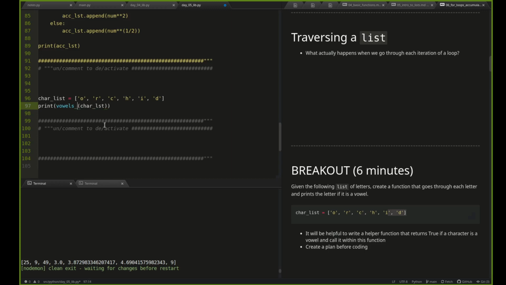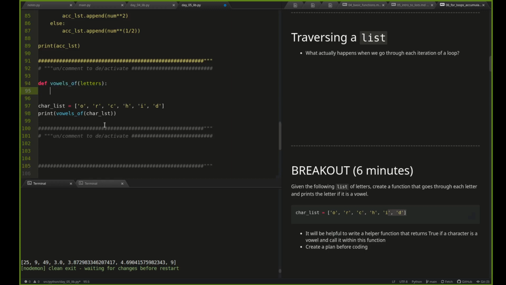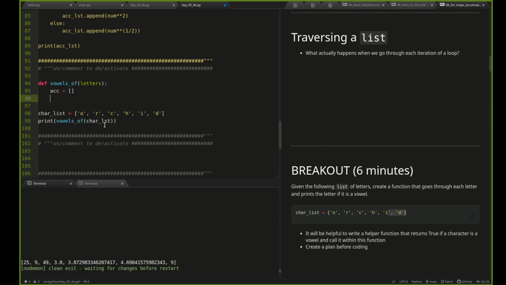We'll call it vowels of. def vowels of, we'll take in some letters, and I'll say acc equals empty list. And I'll say for ch in, ch is short for character, I'll just call it ch. For ch in letters,